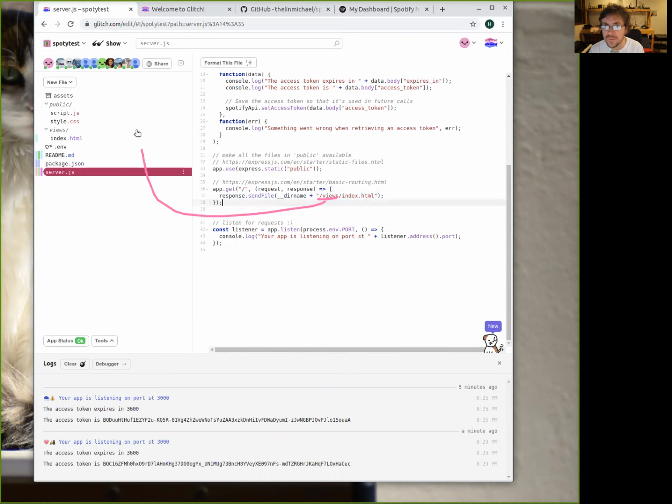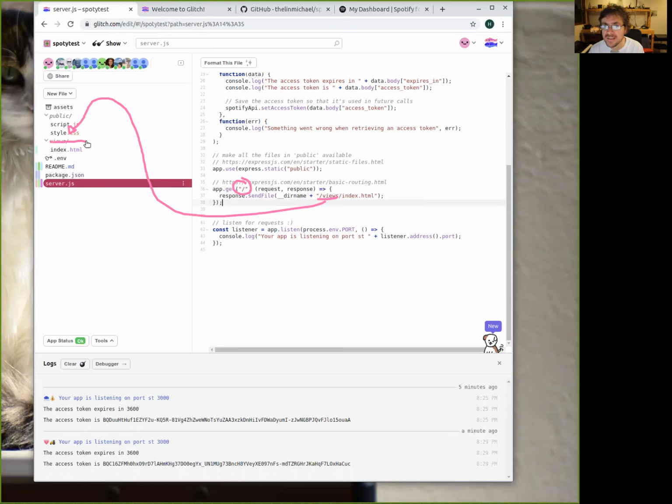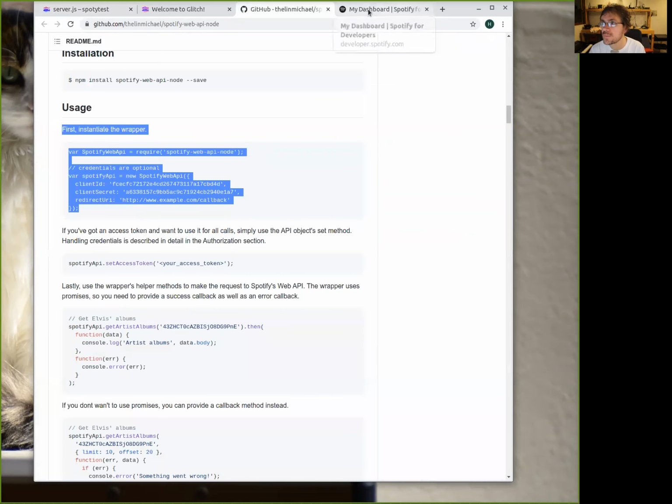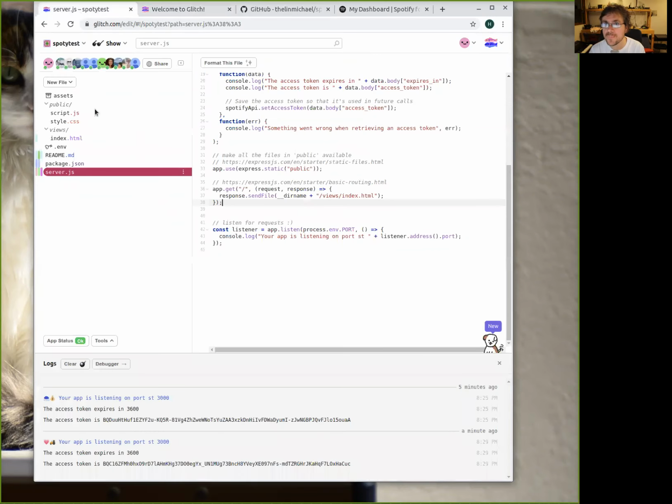This is the folder views, right? So if I connect to the root, I will deliver this file that is here. So let me go back to here.